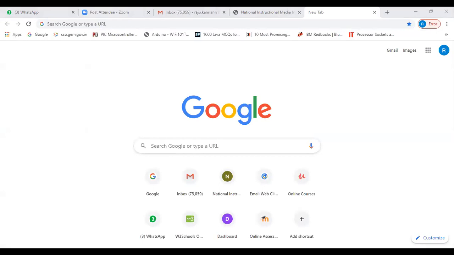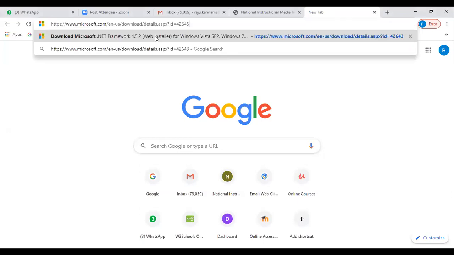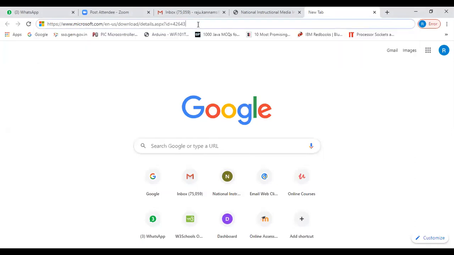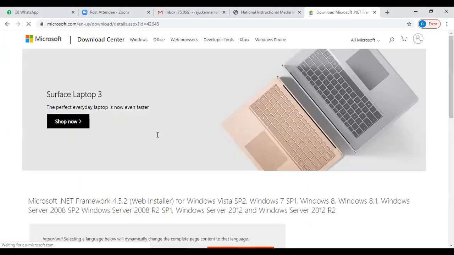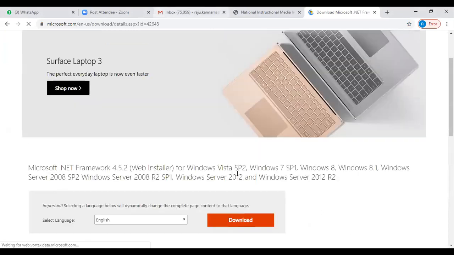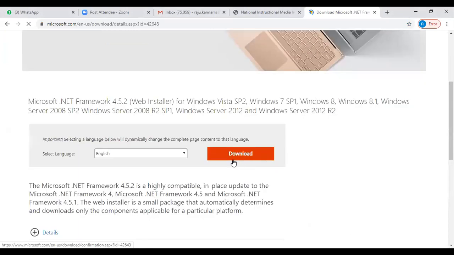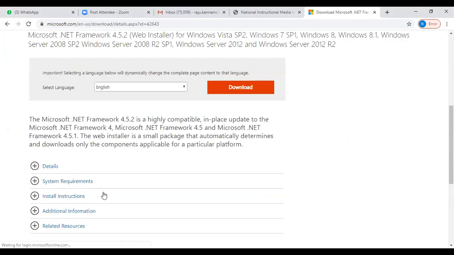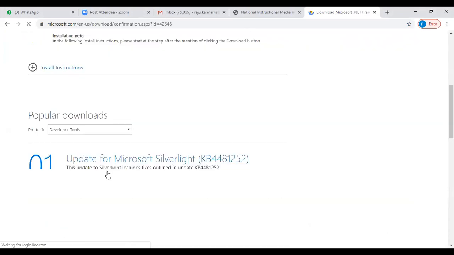Now, this is the first link. If you don't have Windows 10 and you don't have that .NET version 4.5.2, then you can go to this particular link and download it. Click on download, it will be downloaded. Then you can install that.